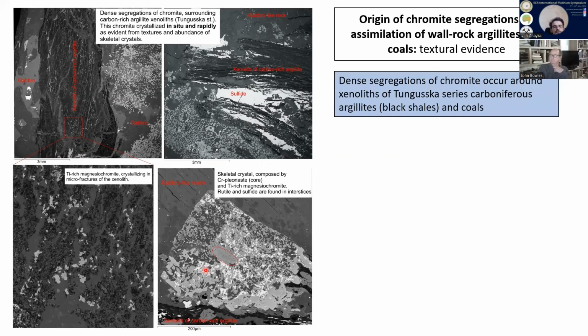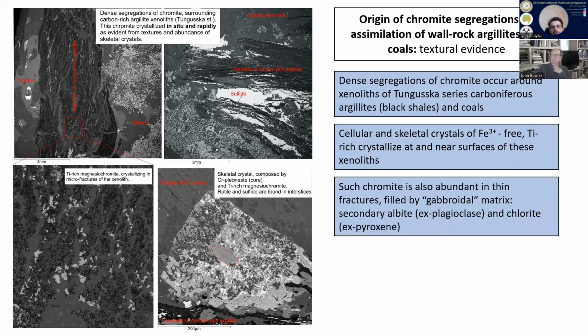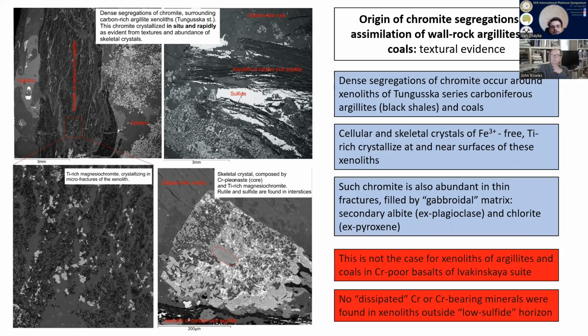Moreover, it has been found that cellular and skeletal crystals form right on the xenolith surface, while small grains of chromite are abundant in thin fractures, which is considered evidence of melt pervading the xenolith during its digestion in magma. And it's also important that outside of the low sulfide horizon, these xenoliths exhibit no signatures of dissipated chromite